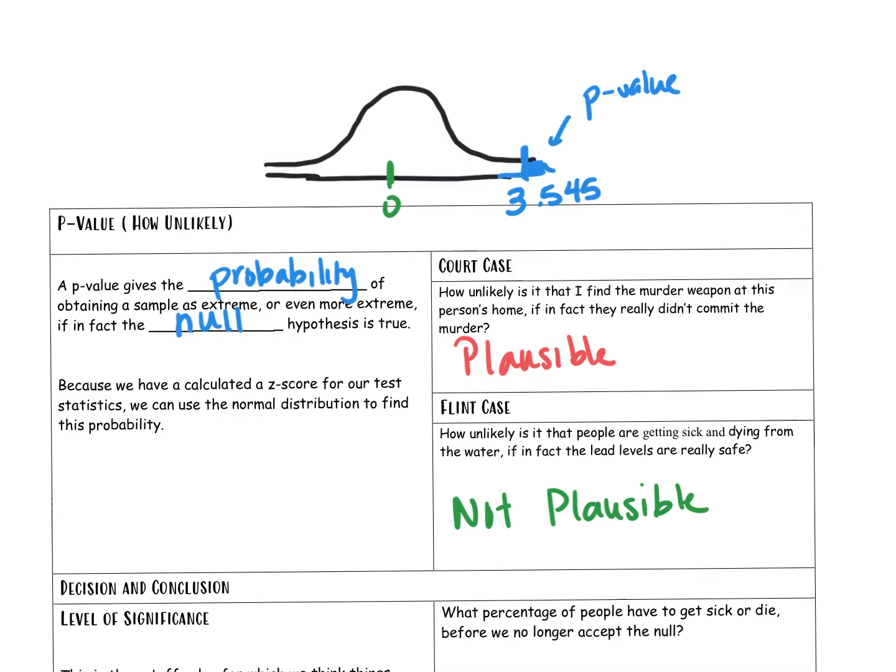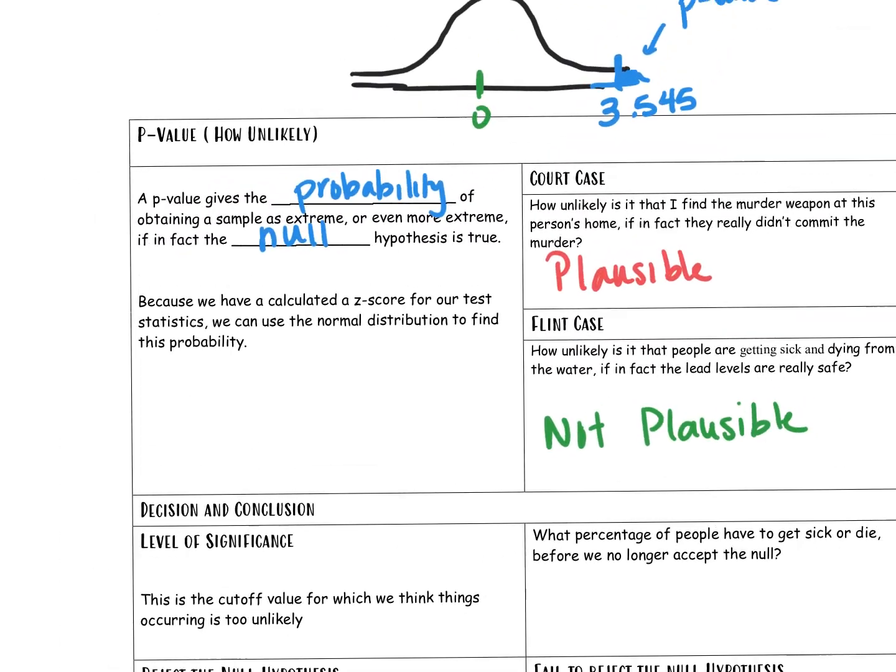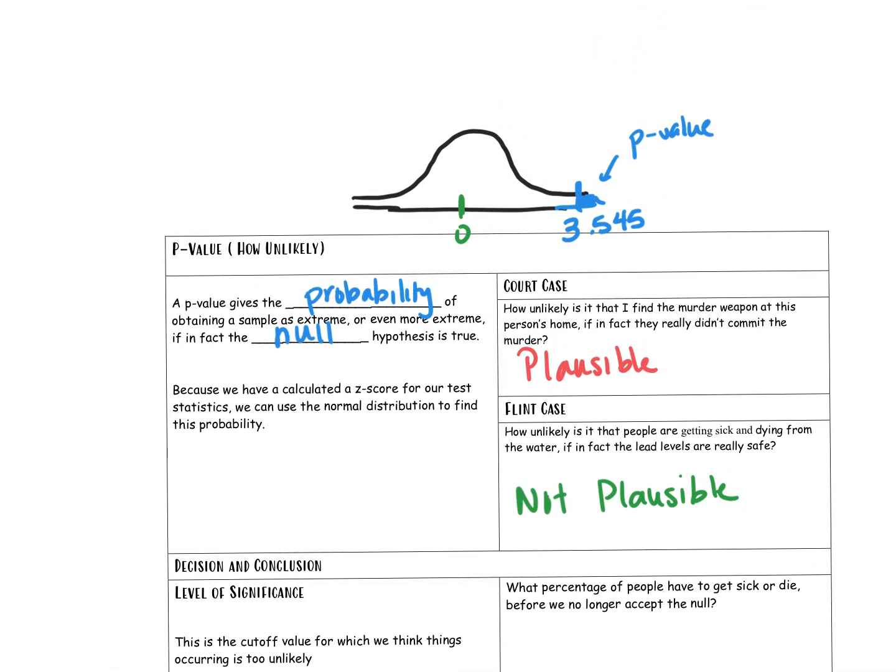And so when we calculate the p-value here, the p-value is just an area on the normal curve. If I want to calculate the p-value, I'm going to use the normal CDF function. In this particular case, my lower bound is sitting here at 3.545. My upper bound goes all the way to infinity out here, so